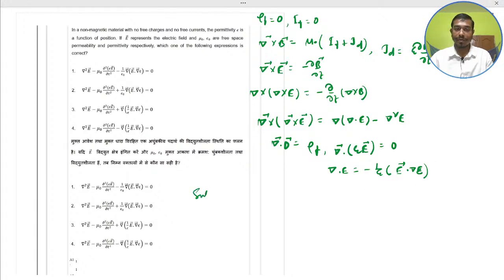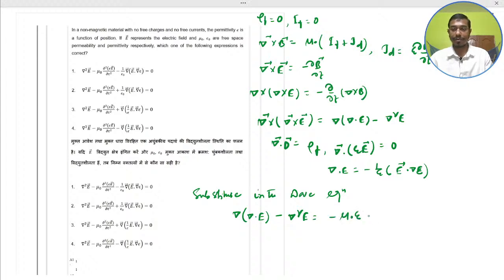So substitute in the wave equation. Wave equation means that the del of divergence of E minus del square E is equal to minus mu naught epsilon del square E by del T square. Put all these values, you would get del square E minus mu naught epsilon del square E divided by del T square